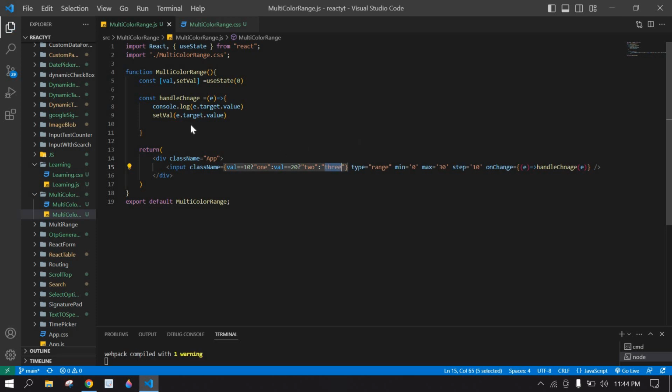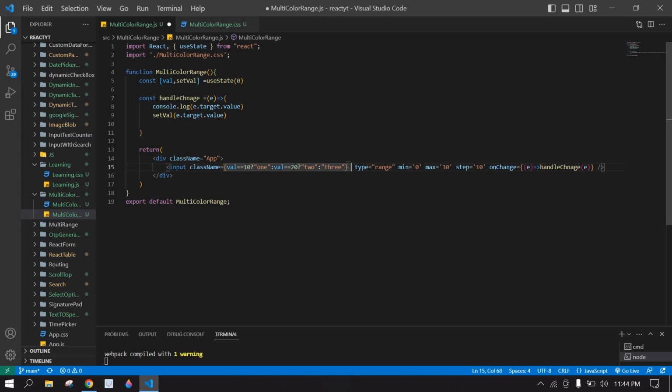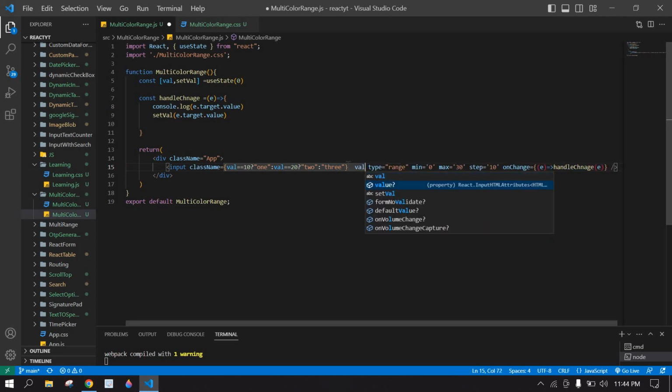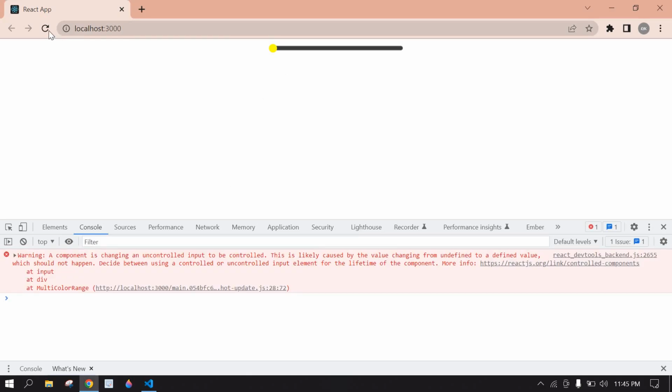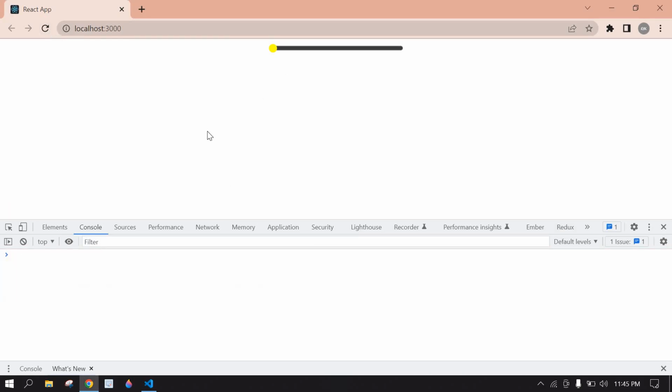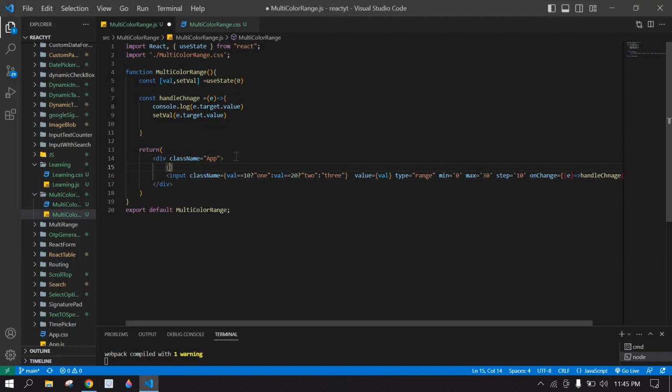And save this, go to browser, and if I refresh, here it's always in the end, I need to start from 0, so I'm going to add a value here, sorry, here I'm going to pass this on change value, paste it here. Now it's starting from 0. Why it's showing error? Yeah, now it's clear, and I'm going to display the value here, val,